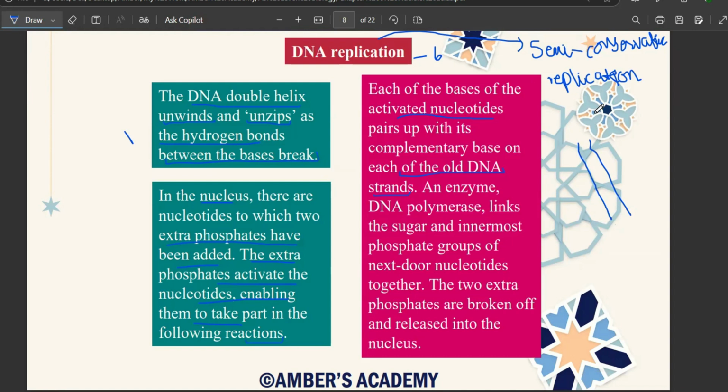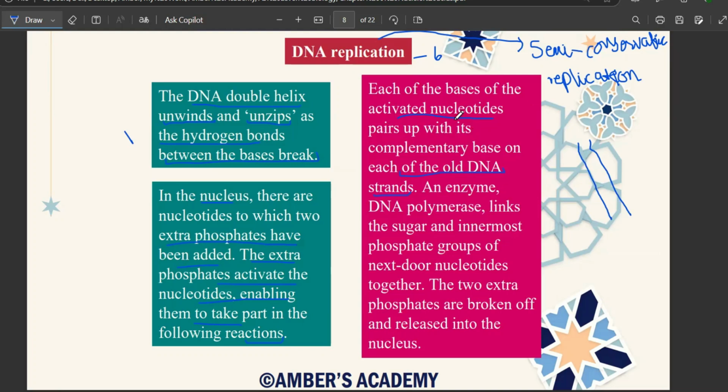studying DNA replication. Of those, the most acceptable theory was semi-conservative replication, which mentioned that whenever the DNA is replicated, it's replicated in a manner that one of the strands is going to be the parental strand and the other strand is going to be the new strand. So we are now discussing how a new strand is made and how it makes complementary base pairing with the old DNA strand. We just said that activated nucleotides are present in your nucleus, and then